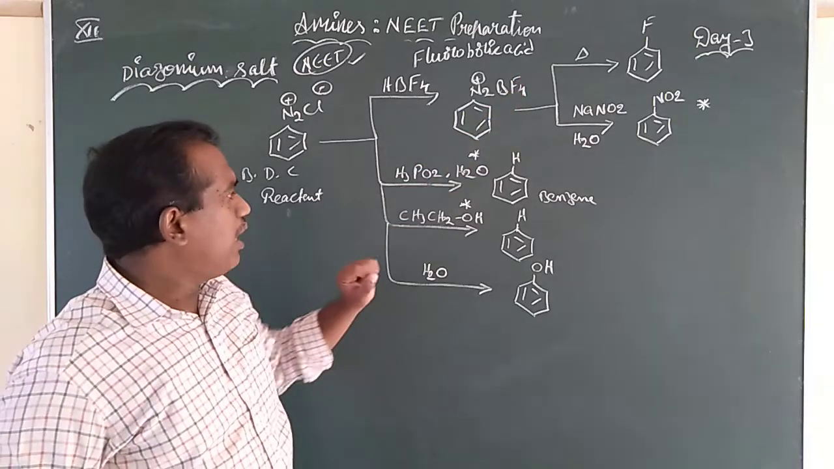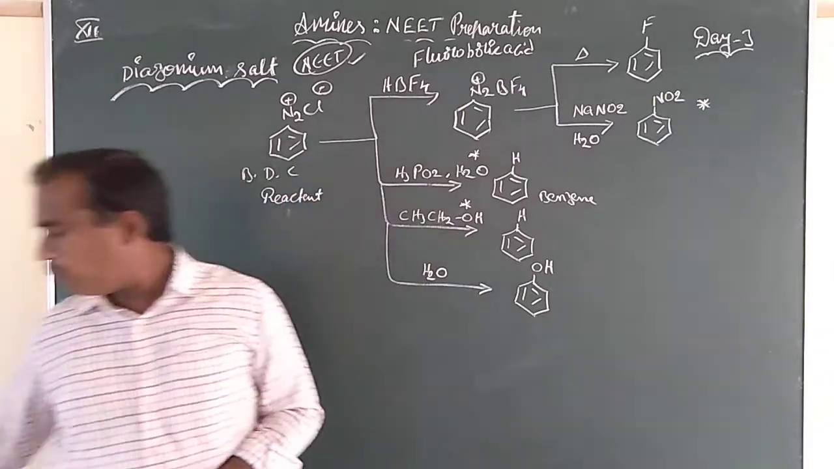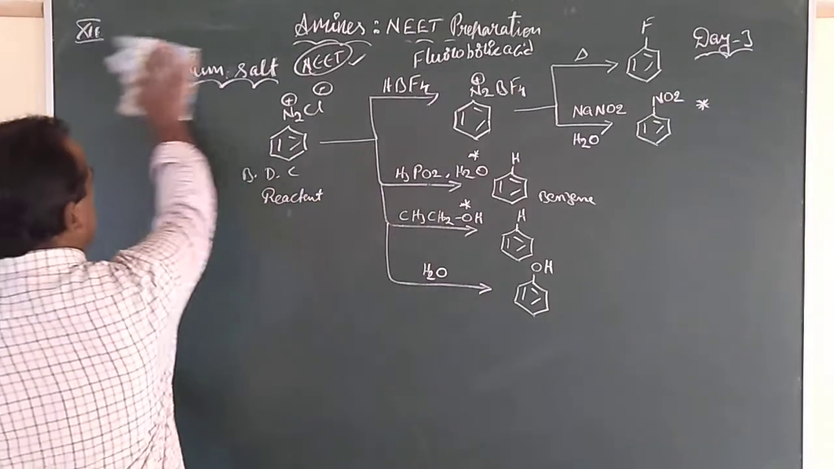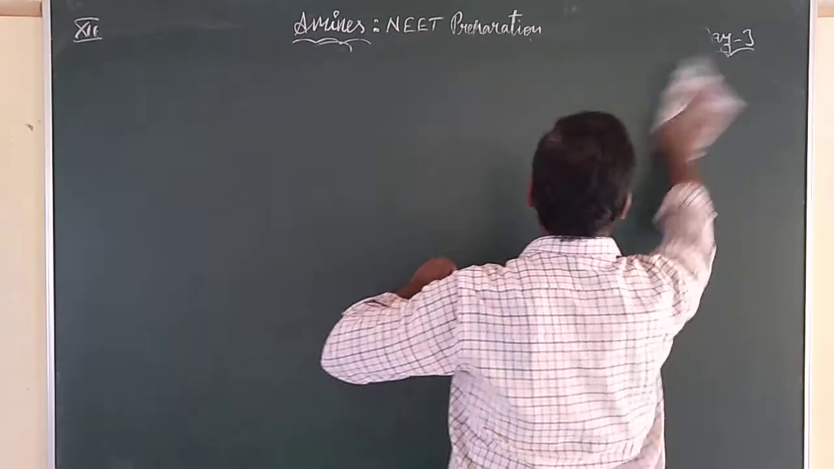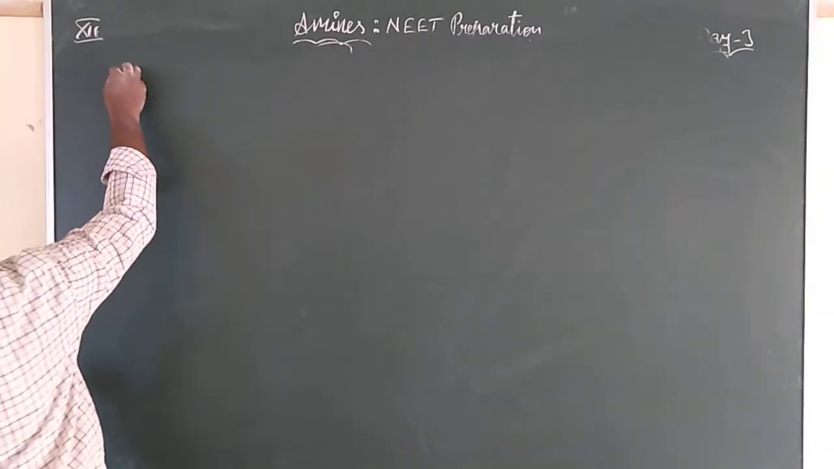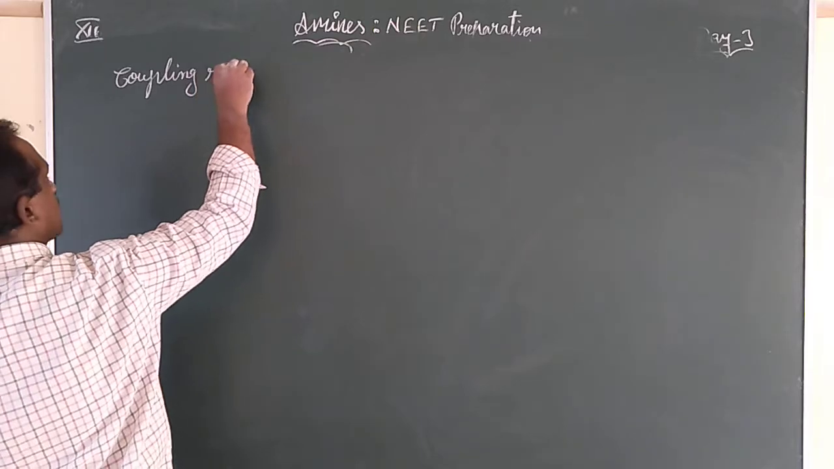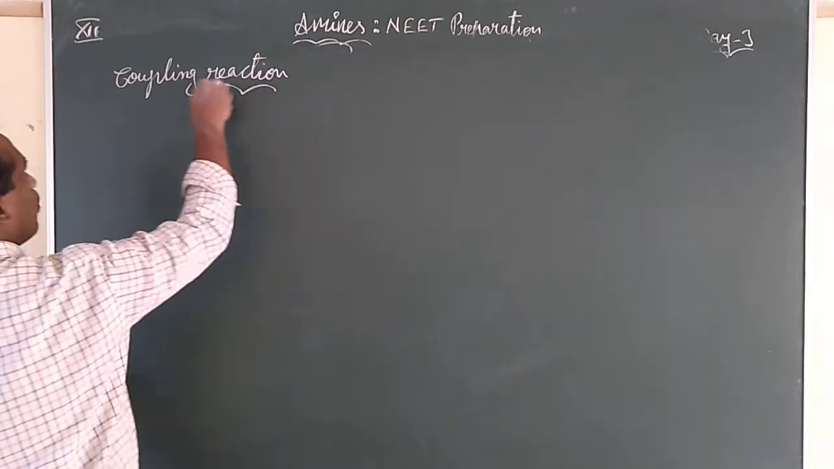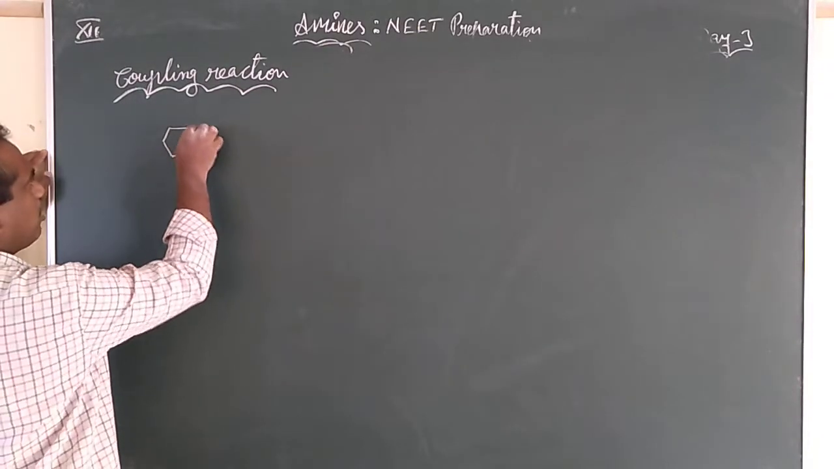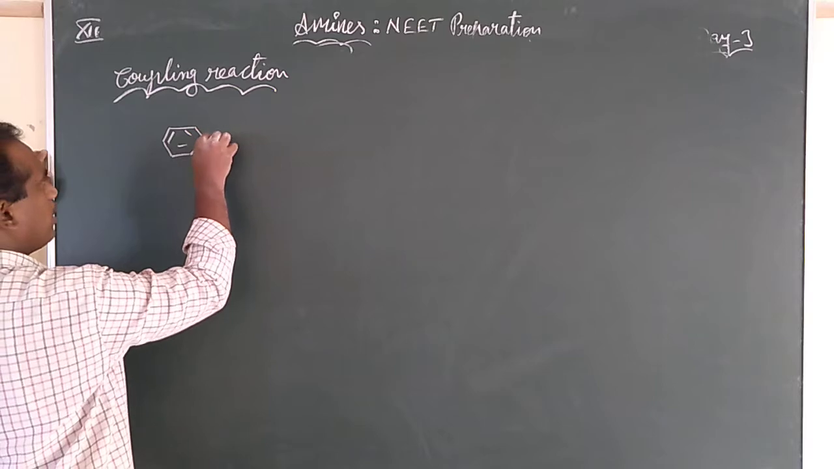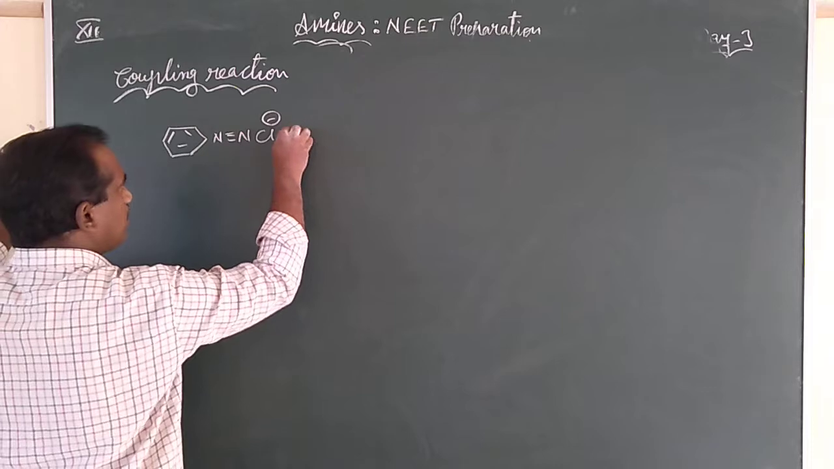Okay, children? At last, there is one small concept called the coupling reaction. That is also useful for NEET, not for CET, as it is a deleted portion for CET. What is a coupling reaction? Coupling reaction means, once we observe this benzene diazonium chloride, N triple bond N Cl minus, if you react this with